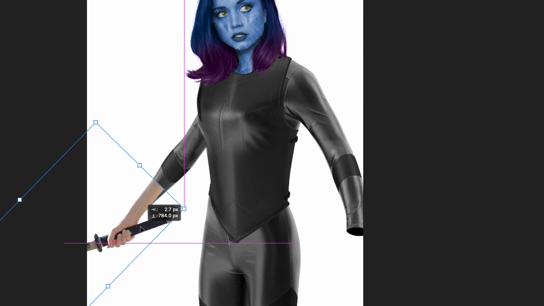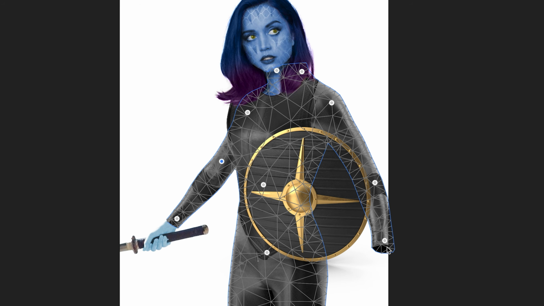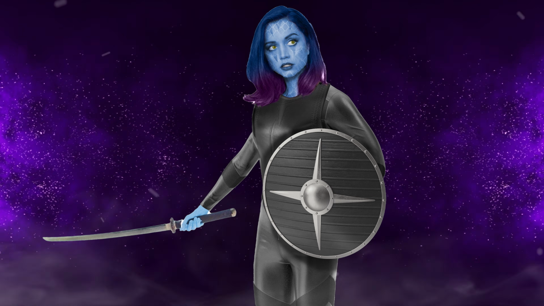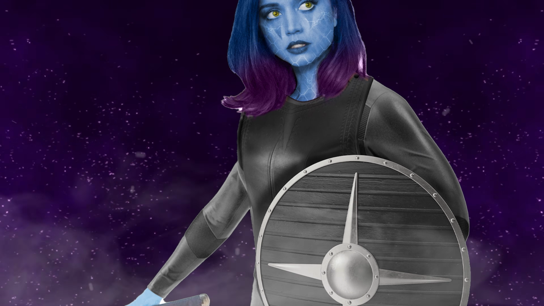So finally, she just needed a weapon, in which I chose to give her a sword and a shield. A quick puppet warp on the pose, and she's finished. And so here she is. I really like her design. I think she fits so much into the whole Marvel modern day universe and is going to look so good